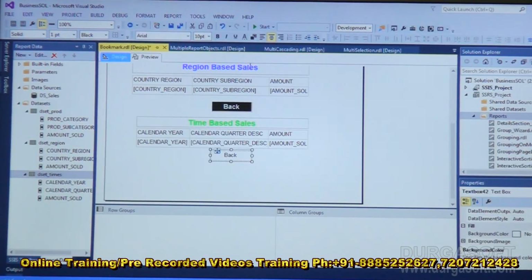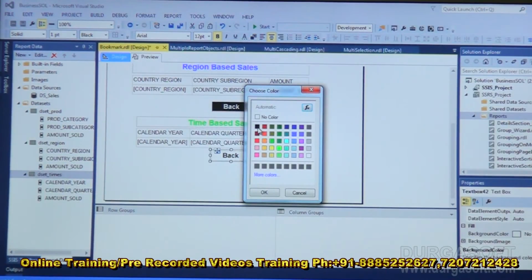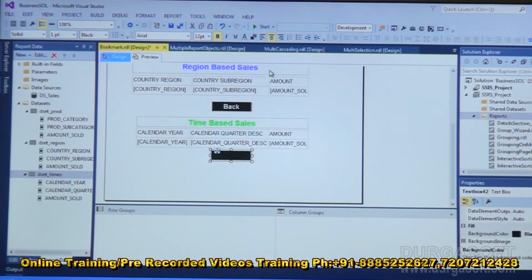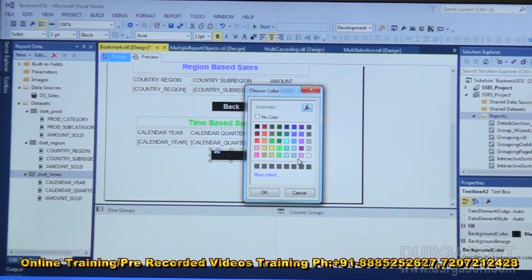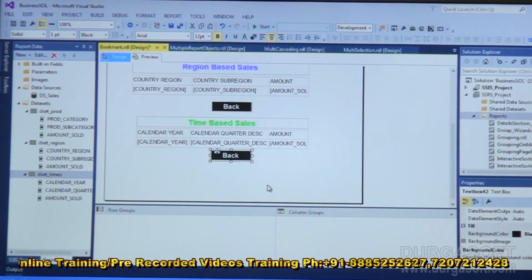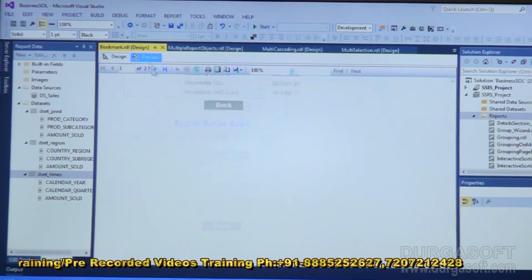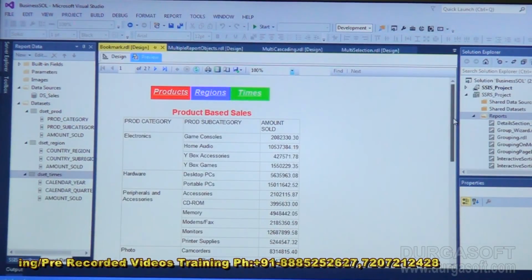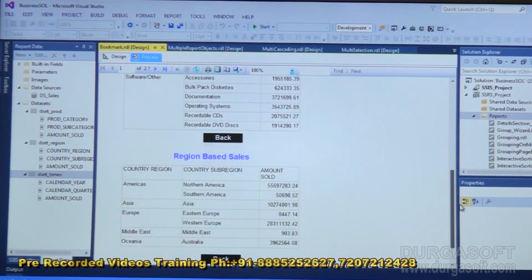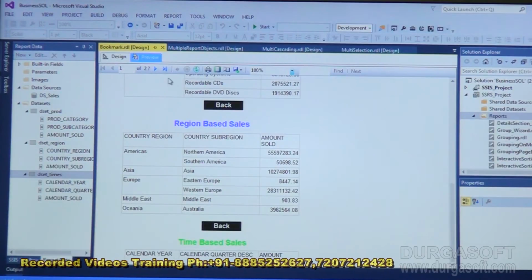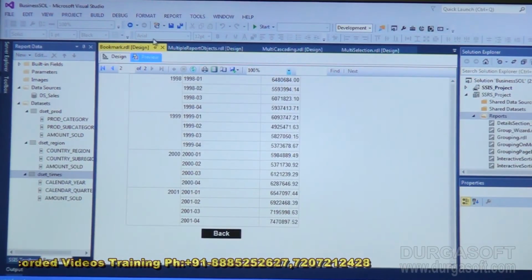I am selecting the object, bold characters, size is about 12, background color is black, foreground color is white. File menu, save all, preview. So all the things are executed successfully. Now everything has come here, but my requirement is